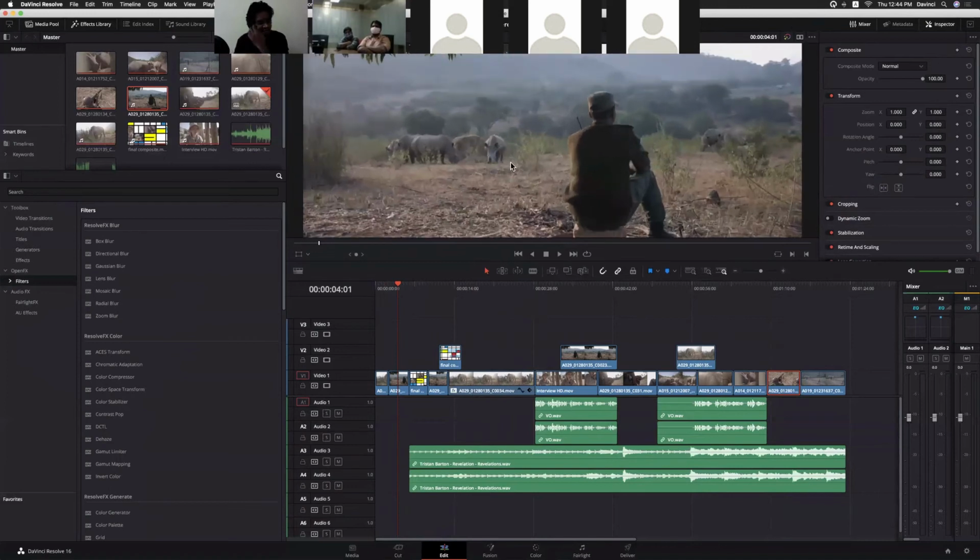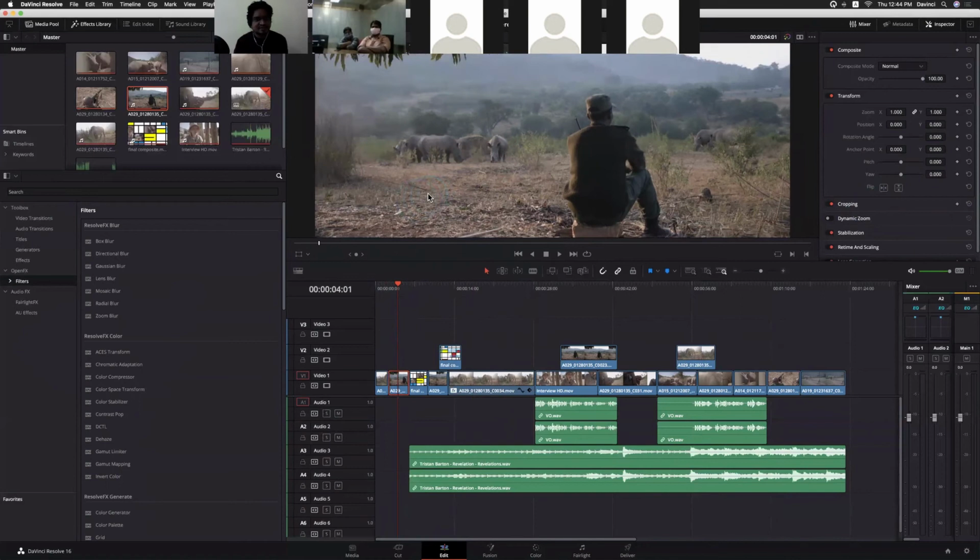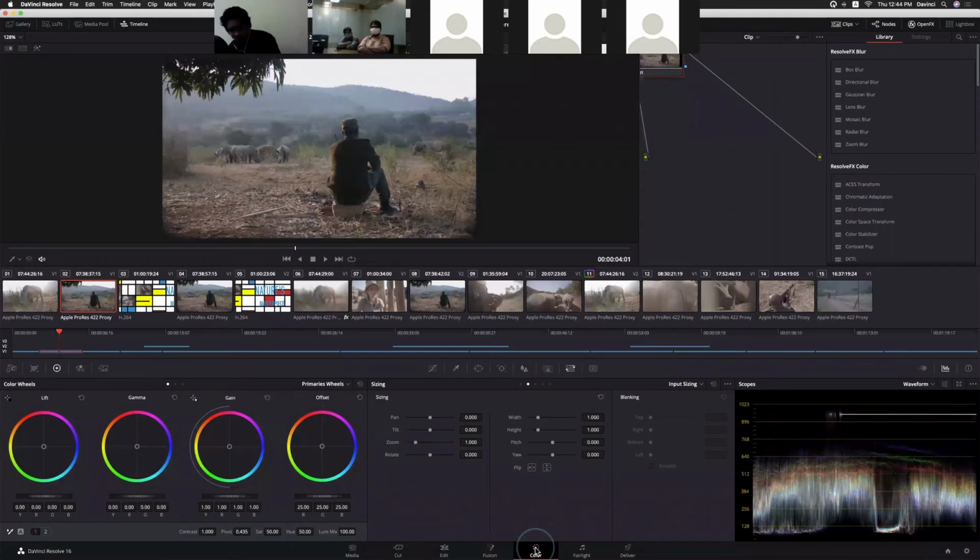Yeah, there is a little bit of noise in this clip. Anyway, it's proxy media, but we'll try to deal with the noise. So select the particular clip, go to the color page.